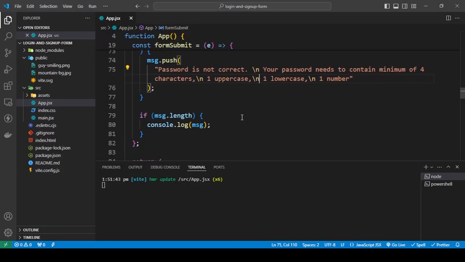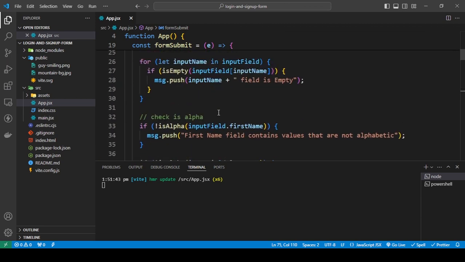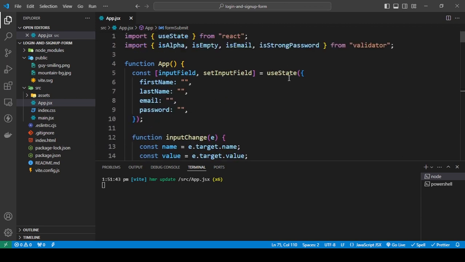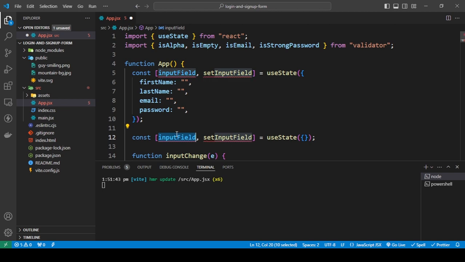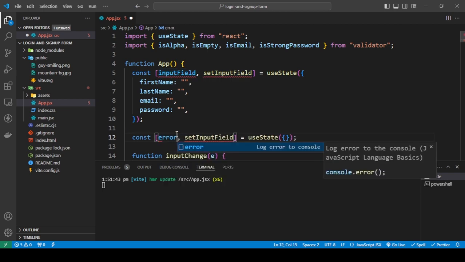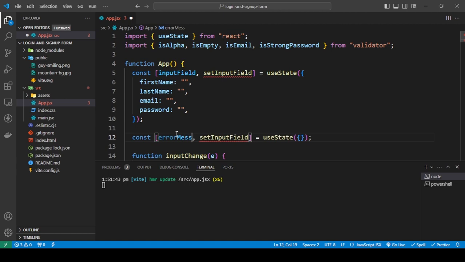and now all we need to do is display it. So you just need to create a useState. So I'm just going to copy this, and I'm going to keep it, change the name to, let's say, error messages. Okay, call this error messages,